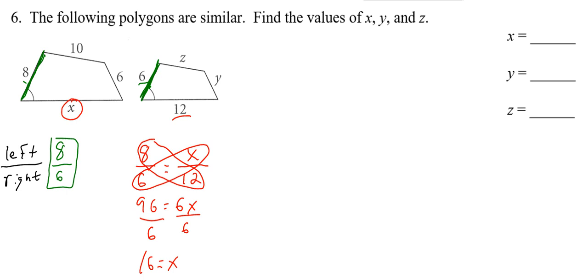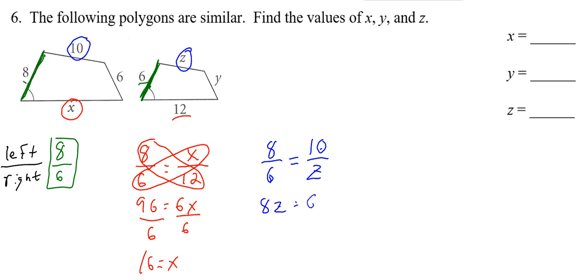Now, for my z, see that it corresponds here with 10. So as I set up that proportion, again, I'm going to stick consistent here and say left side, use my 8 over 6. And now you set up the ratio for the unknown side. So my left one is 10. My right one is z. So now as I multiply this out, I get 8z